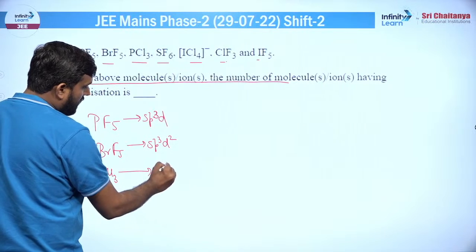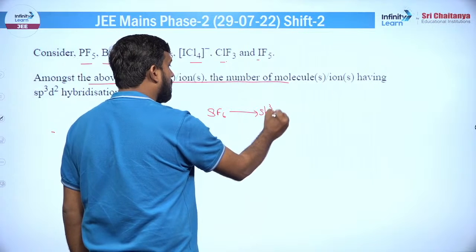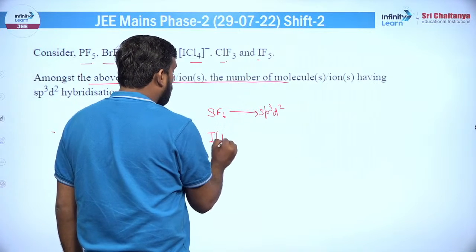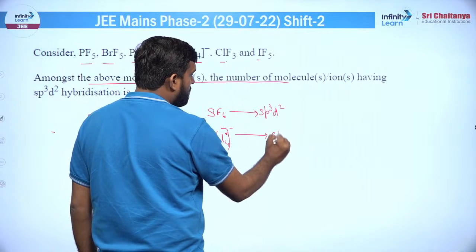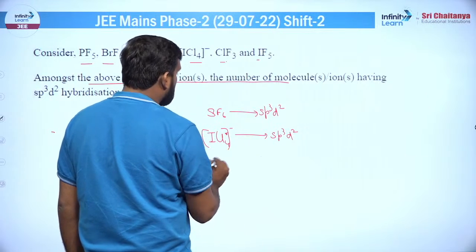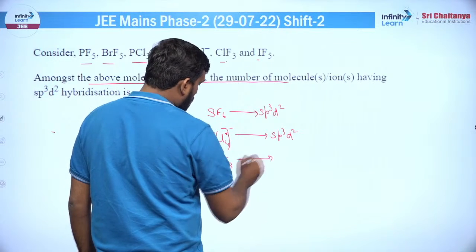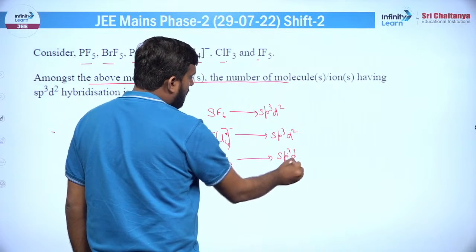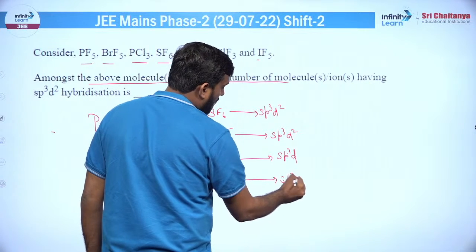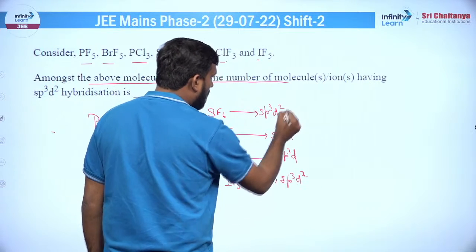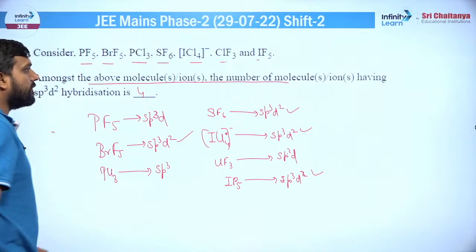बॉन्ड पेयर हैं, तो इसलिए sp3 हो जाएगा। SF6 की बात करते हैं, SF6 में 6 बॉन्ड पेयर हैं, इसलिए हो जाएगा sp3d2। और अगर बात करें ICl4 माइनस की, तो इसमें 2 लोन पेयर और 4 बॉन्ड पेयर, यानी sp3d2 हो जाएगा ये। और फिर ClF3 की बात करें, इसमें 3 बॉन्ड पेयर 2 लोन पेयर आ रहे हैं, तो ये बेसिकली sp3d हो जा रहा है। और IF5 की बात करें, 5 बॉन्ड पेयर 1 लोन पेयर, तो ये भी sp3d2 हो रहा है। तो कितने में sp3d2 है, ये रहा, 2 रहा, 3 रहा और ये रहा चौथा। तो टोटल जो आंसर आएगा वो 4 आ जाएगा।